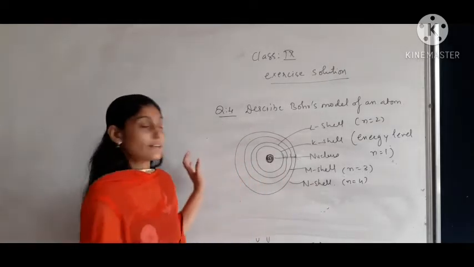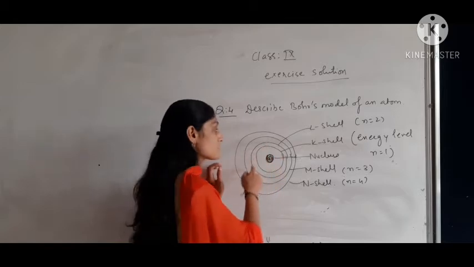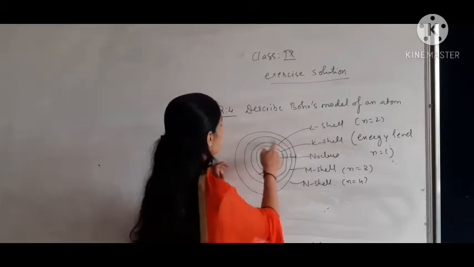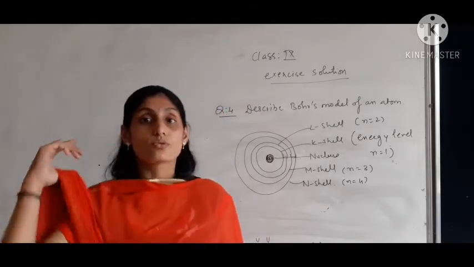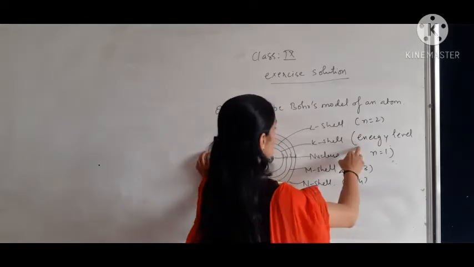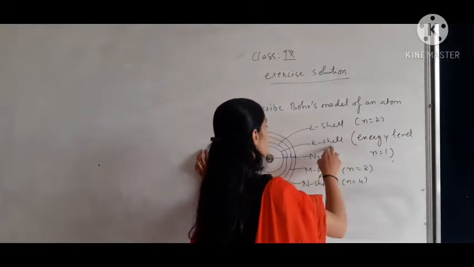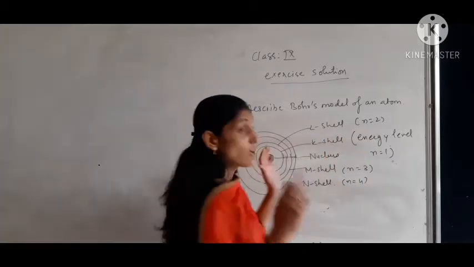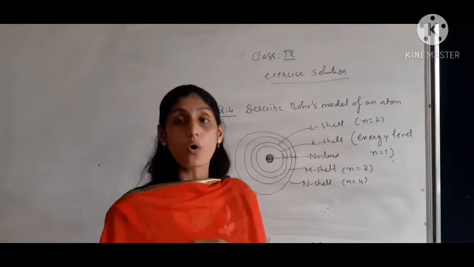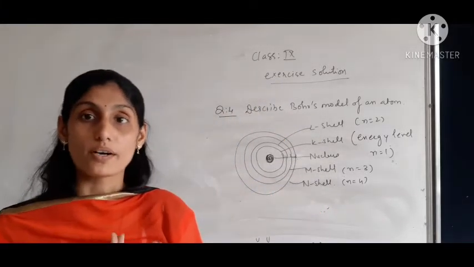From the diagram you can write center part of the atom is nucleus, then circular path in which the electrons are revolving, that is known as discrete definite orbit. And whenever we are talking about the energy, they do not radiate any energy, energy remains constant. That energy level is denoted by N, and when N is equal to 1, then it is K shell, N is equal to 2, then L shell. That means that orbits are denoted or represented by K, L, M, N, or we can write that N is equal to 1, 2, 3, 4. So that is about Bohr's model of an atom.